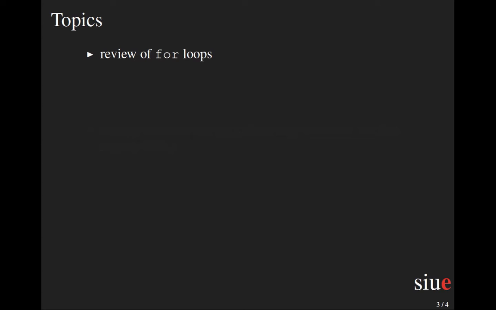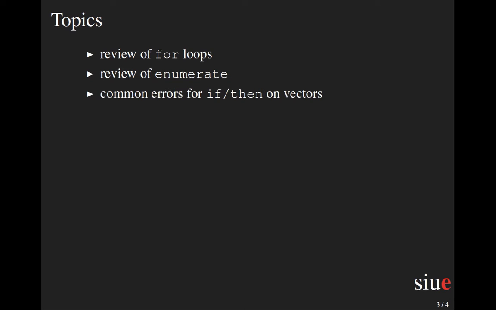So topics, we're going to review for loops because I've seen on quiz 2 that some of you are a little bit uncomfortable with the Python style for loop, and I want to talk about that. And then along with that, some ways of solving this problem would require using enumerate, and so I want to talk about that. I'll point out some common errors of using if-then on vectors, mainly just one, and then we'll